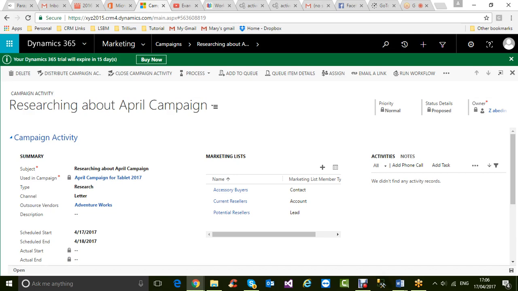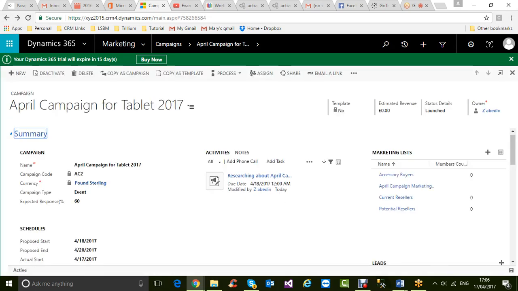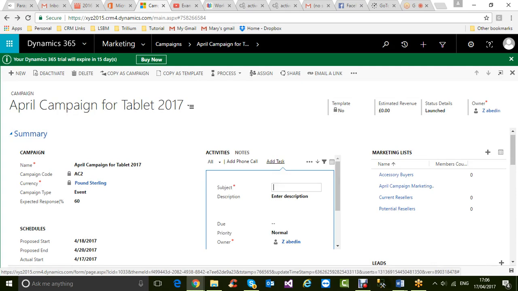an opportunity. Okay, because a response is something that you got from a client, from an account, from a lead, or from anything. I should be able to do it, it should be somewhere from activities. Let me try again. I'm 100% sure that we'll be able to do it. So for example, let me add a task to this campaign. Okay, from here maybe,